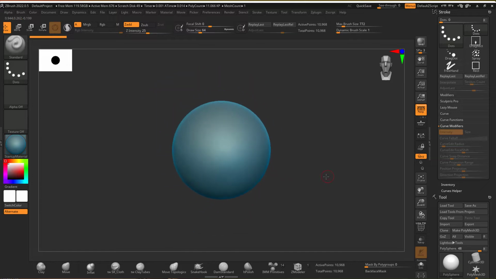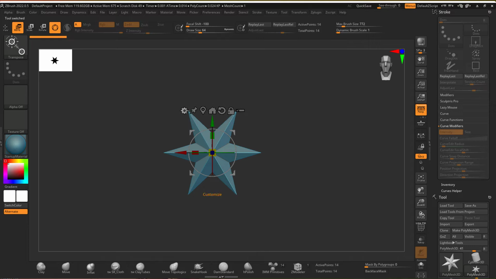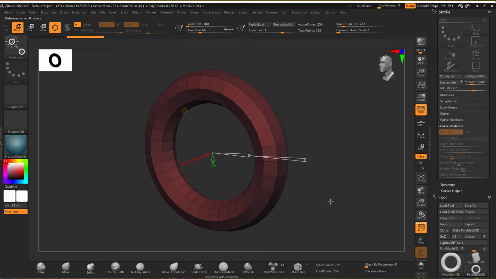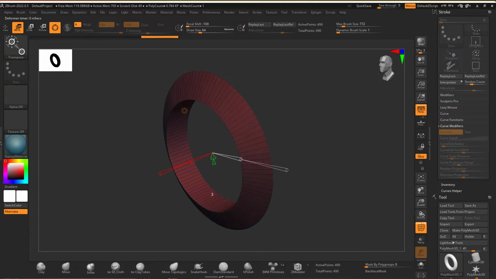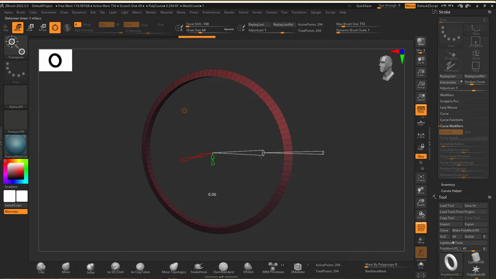So I'm going to create a short video that's just going to do a demo. I'm just going to make something up on the fly, just to give you a jumping off point. So let's go to a polymesh star and press W, and let's create just a simple ring. And I'm going to increase the divisions in that way, but let's decrease the divisions using this green thing right here. And we can twist it a little bit, and I'm going to